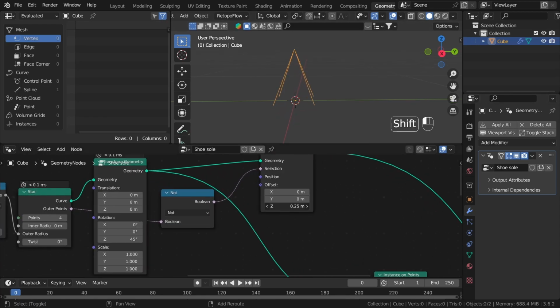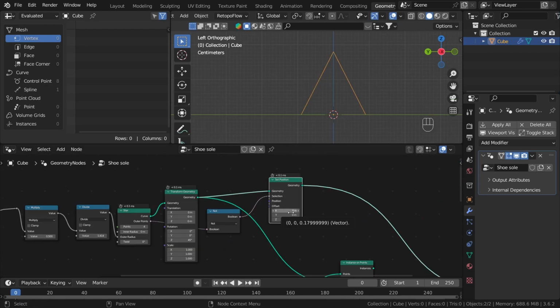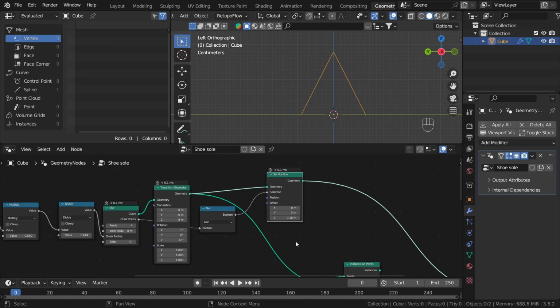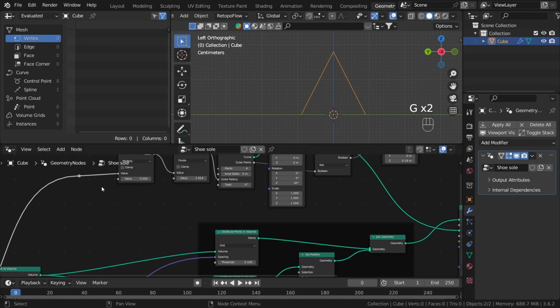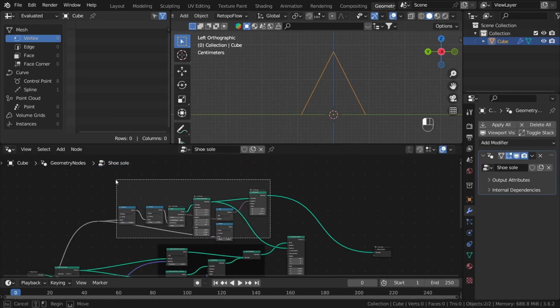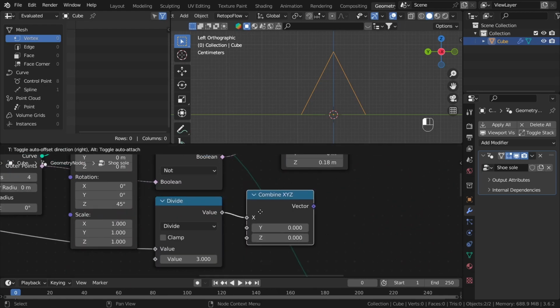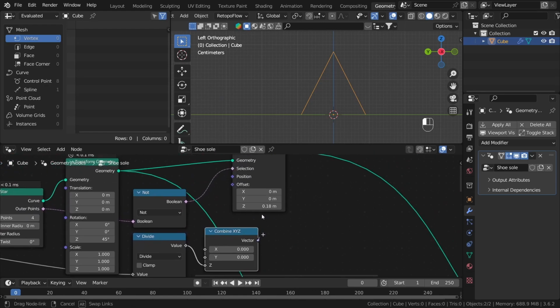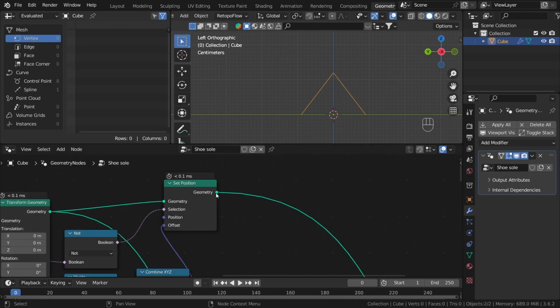So the offset could be pretty much to your own choice, but I would like to combine it with our scale, and I would like to set it to be a third part of this dimension. So let's use scale from our reroute node, and let's divide it by 3. Let's move everything a little bit higher to have more space. And now with combine XYZ, we have our offset. The last thing we need to do is to use merge by distance node,